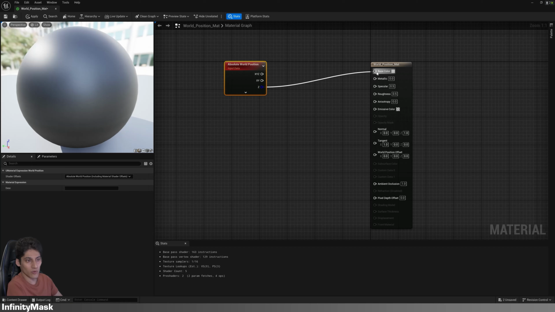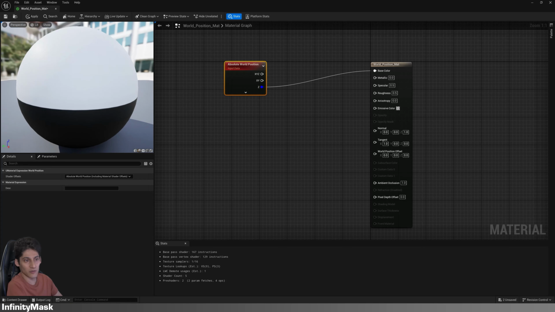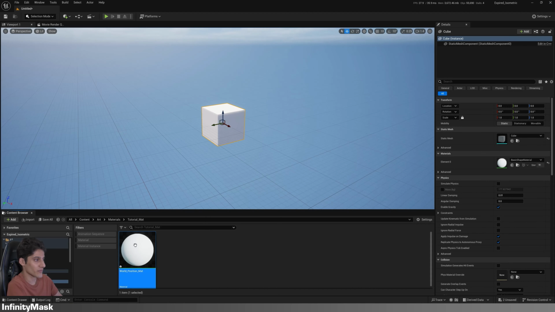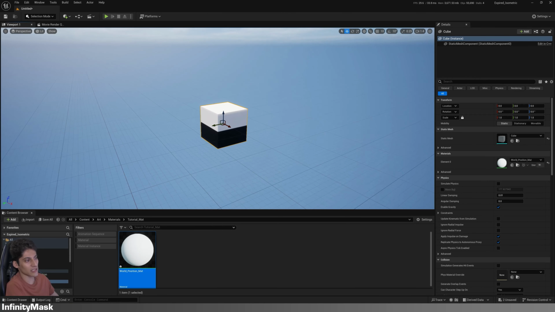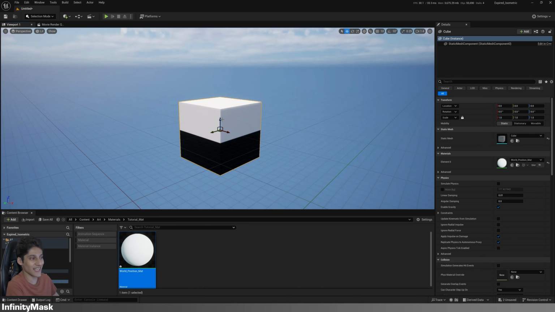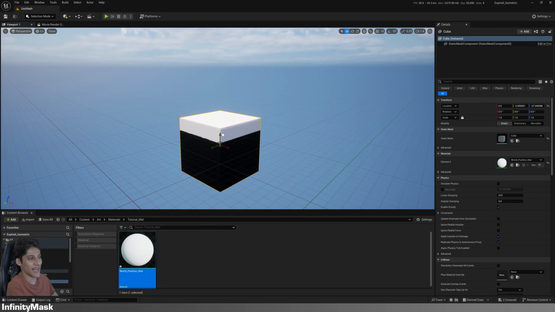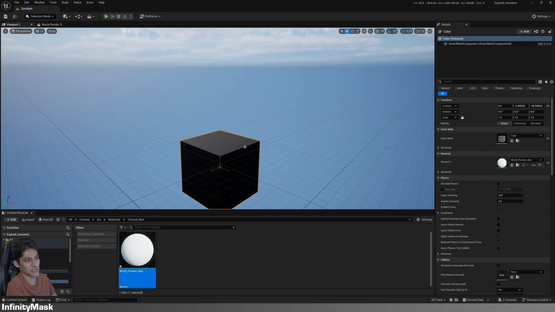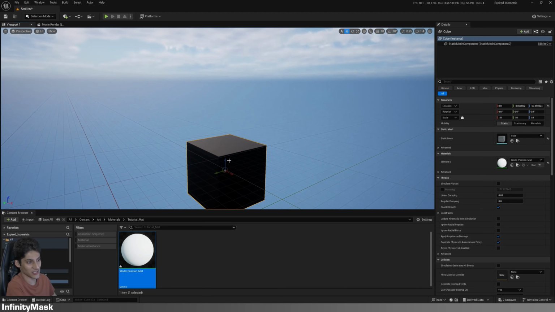We only want to work with the z-axis because the ocean level can only move in the z direction. By connecting it to the base color, you can see that any pixel higher than 0 in the z-axis is white and any pixel lower than 0 in the z-axis is black.